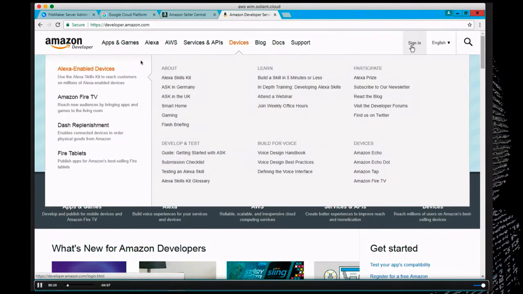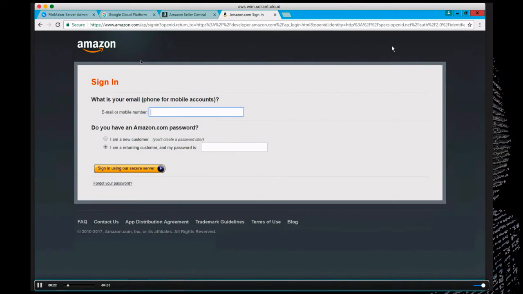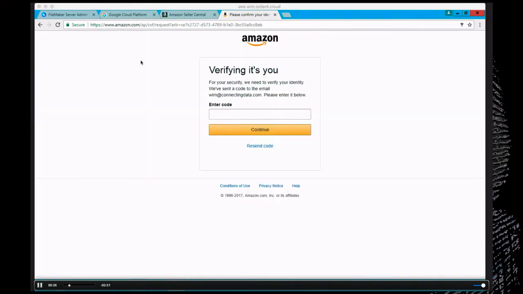We need to go to developer.amazon.com, right? And again, just like with Azure, you need to have an Amazon developer account. That's a given. I will log into mine. I have mine set up to use multi-factor authentication, right? So it'll ask me to confirm that I am who I am. Once we get past that,